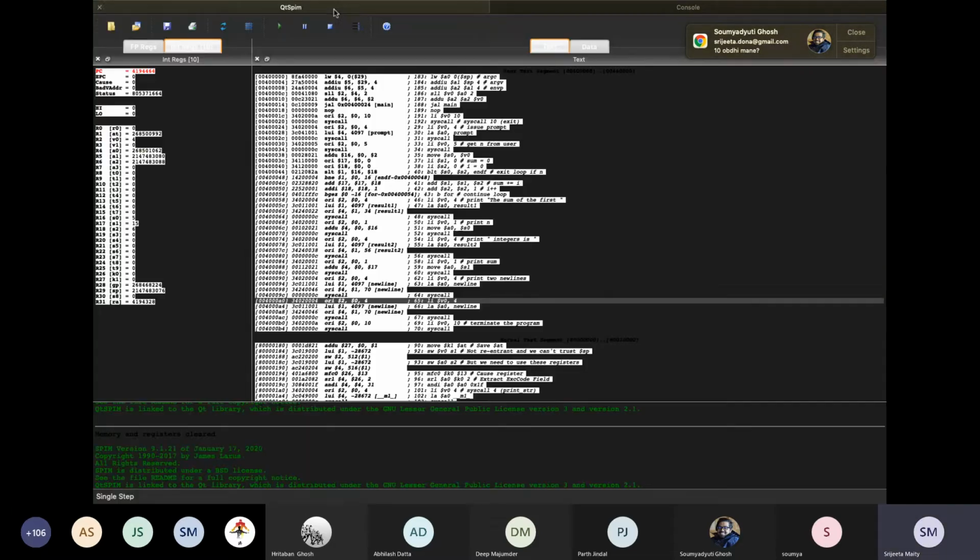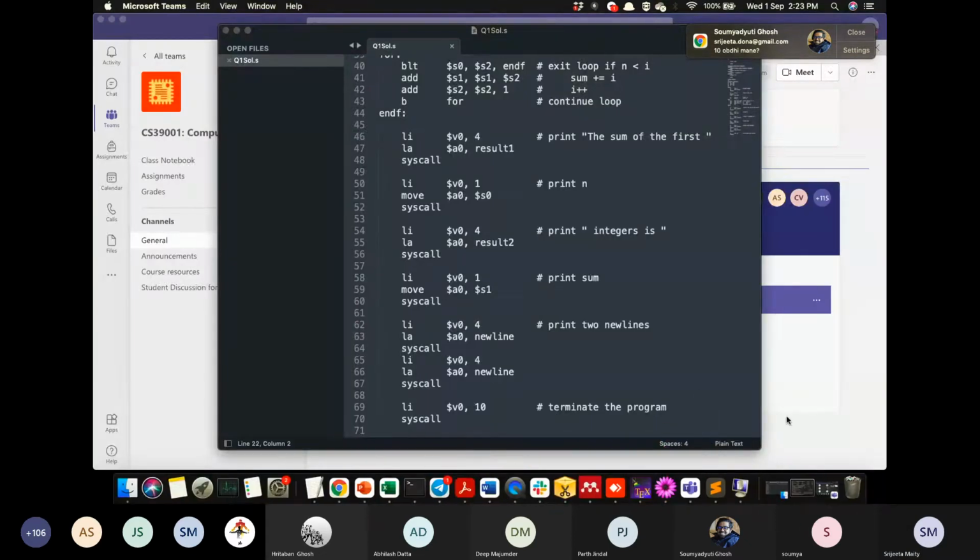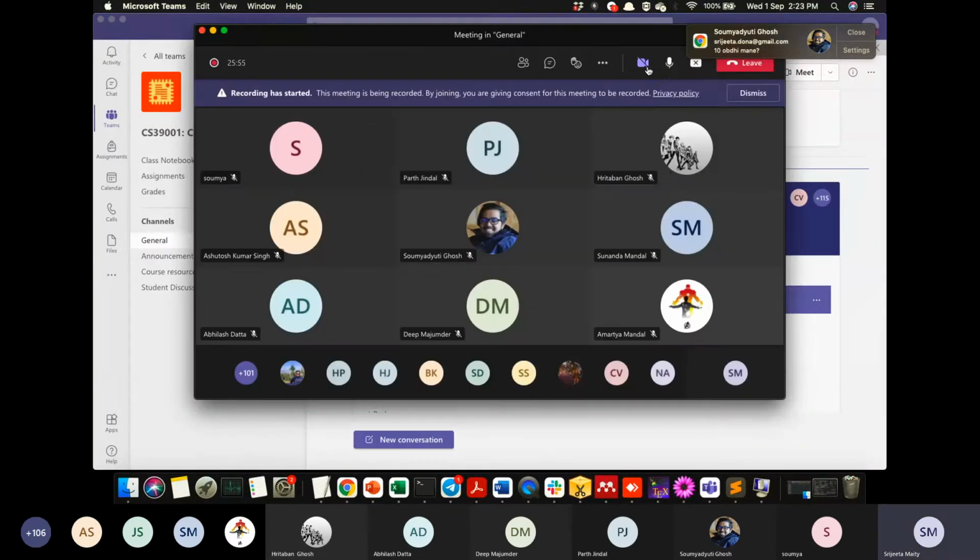So this is done. You often see that the register values are shown in decimal, hex or binary. Choose decimal to understand; it will be better to set it as decimal. The rest of the settings you do not need to change. So that is the demo. The other questions are already in the Moodle for the assignment, the rest of the 3 questions. That we will explain.